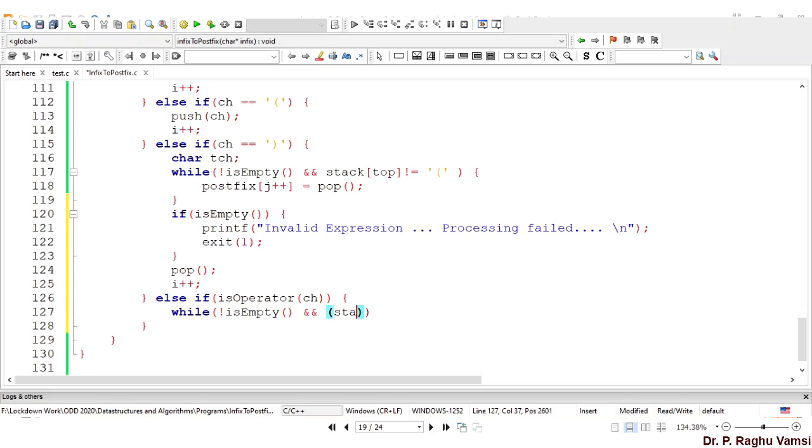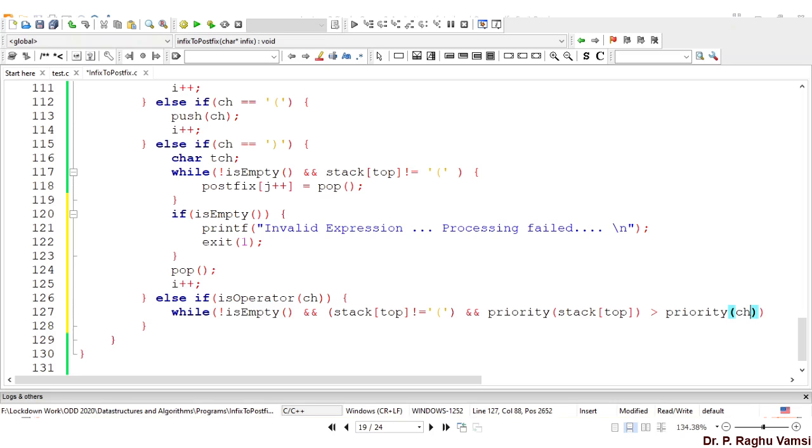we are supposed to check, just like in the previous case, stack of top not equal to bracket open, and priority of stack of top is greater than priority of ch.